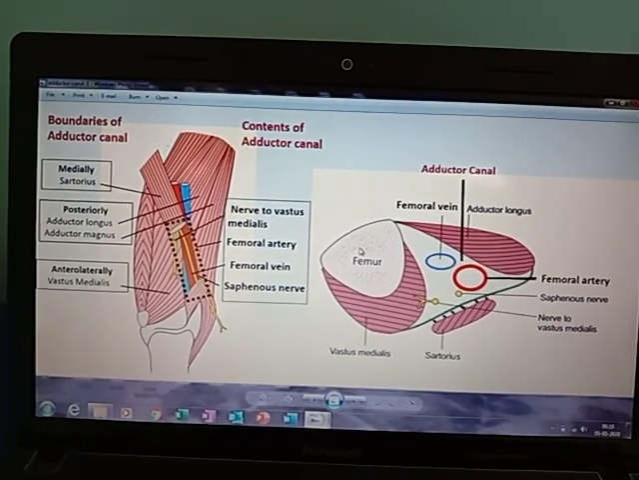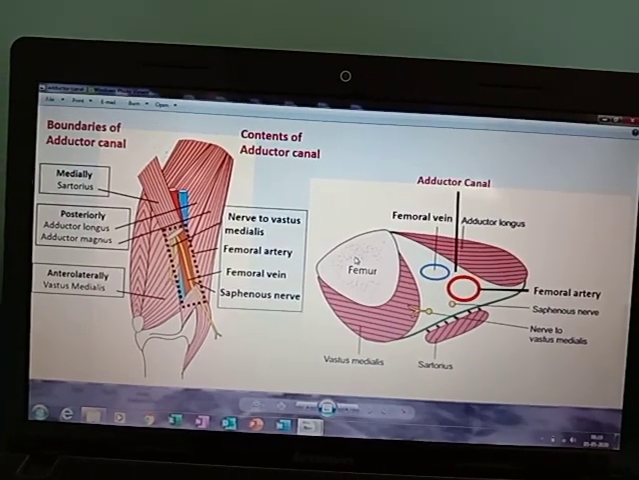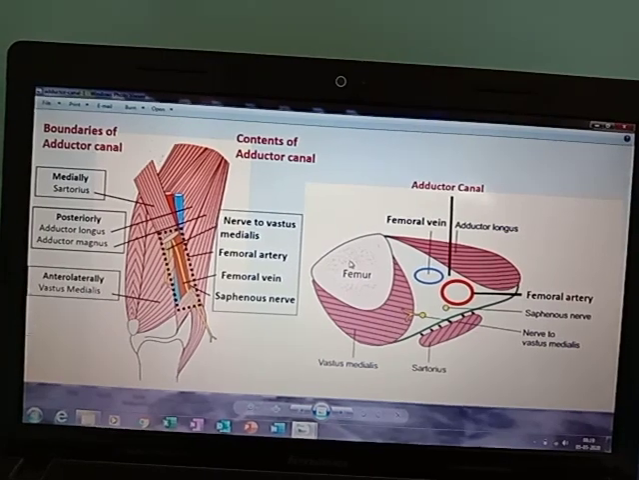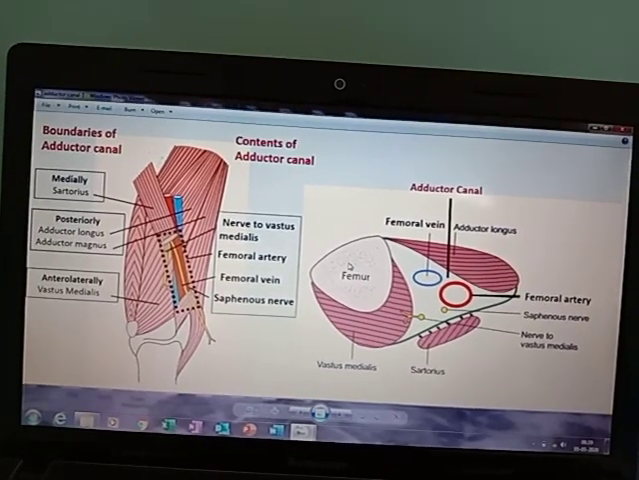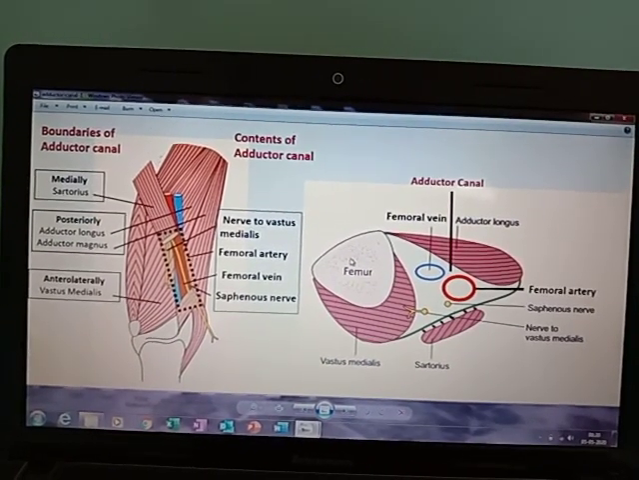Good morning, students. Today's topic is the adductor canal. The adductor canal, or Hunter's canal, also known as the subsartorial canal, is a narrow conical tunnel located in the thigh. It is about 15 cm long, extending from the apex of the femoral triangle to the adductor hiatus